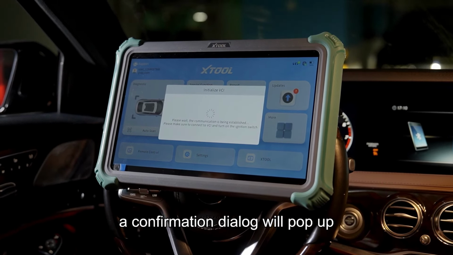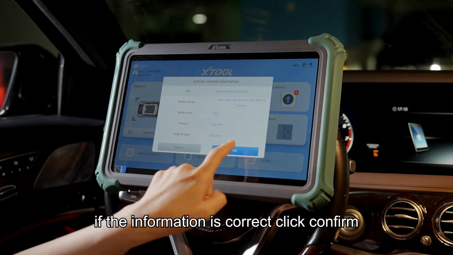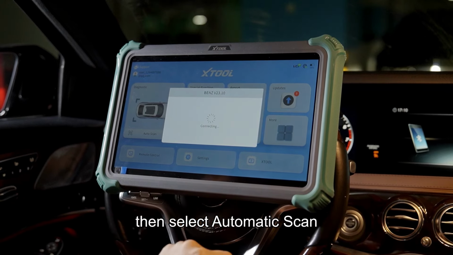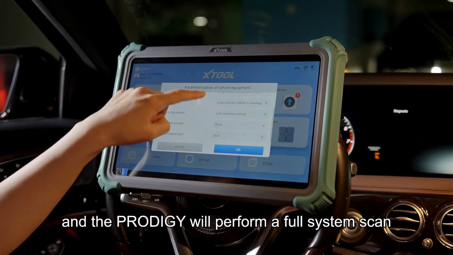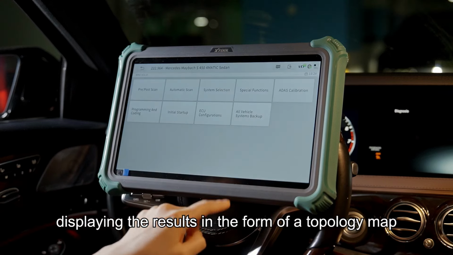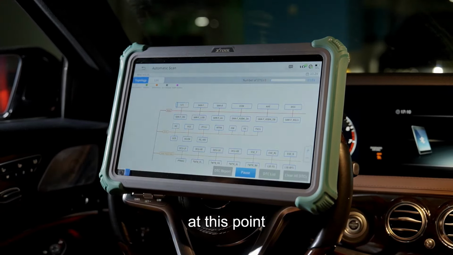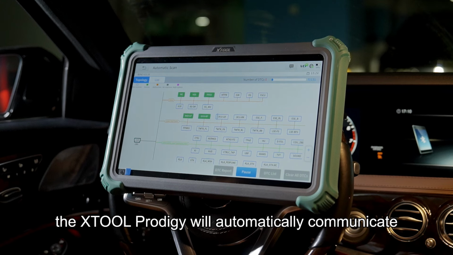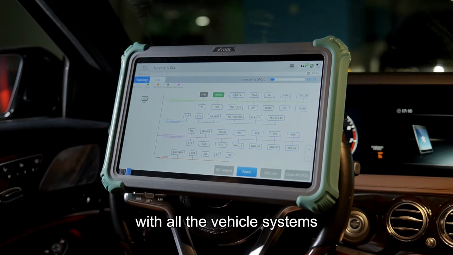A confirmation dialog will pop up. If the information is correct, click Confirm. Then select Automatic Scan, and the XTOOL Prodigy will perform a full system scan, displaying the results in the form of a topology map. At this point, the XTOOL Prodigy will automatically communicate with all the vehicle systems and begin